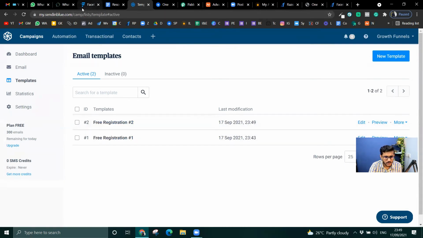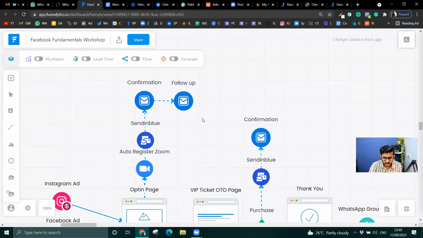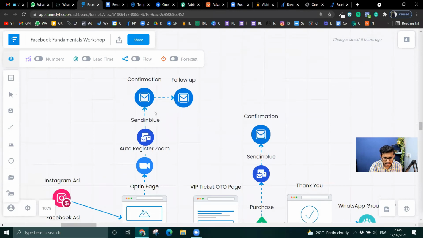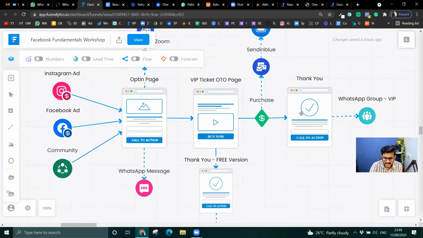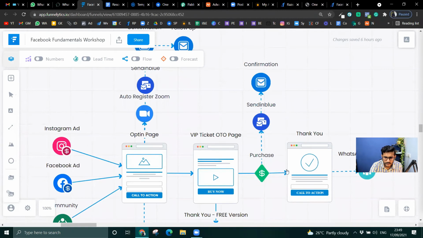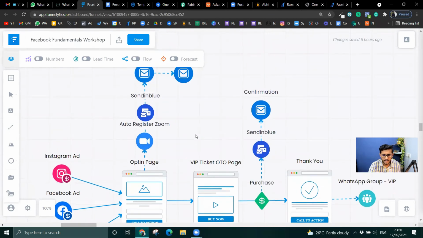So let me go back to the funnel steps. Okay, these two things are done. Follow up. This is one confirmation email that we need to send. Anyway, I think Zoom will send it, and even Razorpay will send it. So I'll just send a WhatsApp message to them. That's the best way to do it. Because I have the entire email set ready, WhatsApp is something that I need to make ready now, and also the automation part.